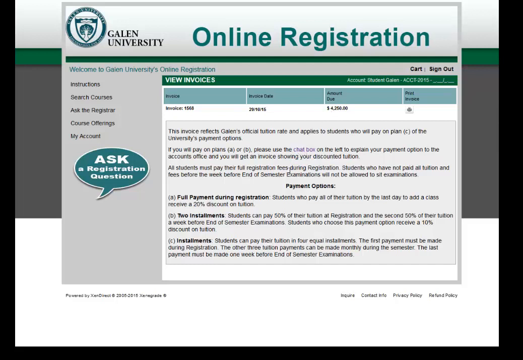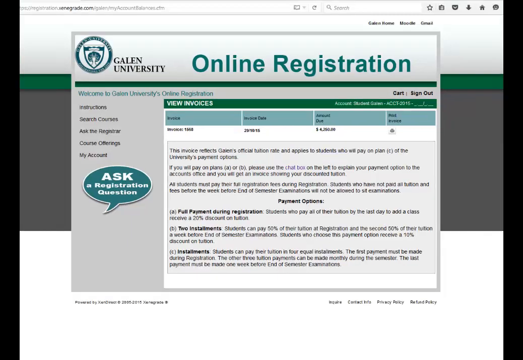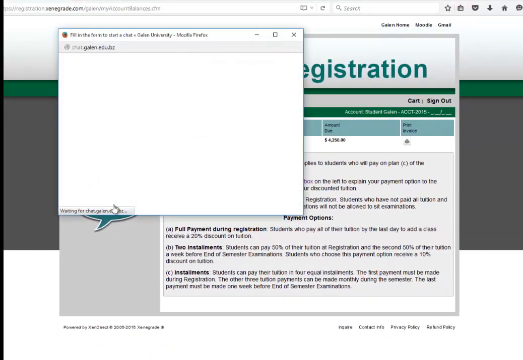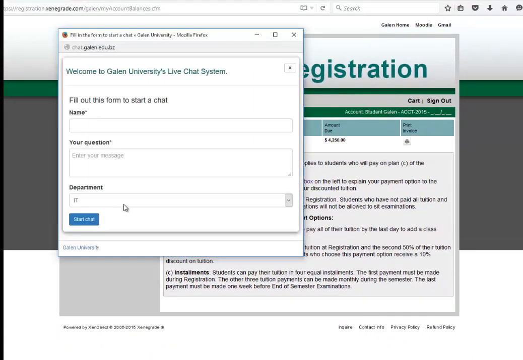However, you are now familiar with our payment options, which are explained on this page as well. If you plan to pay full payment during registration, then you will get the 20% discount and your actual invoice would be less. So to do this, click on the Ask a Registration Question button